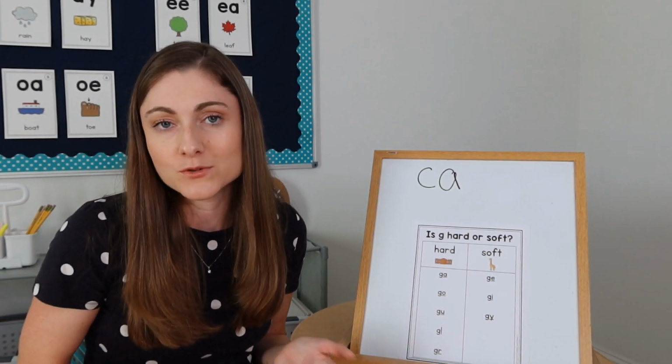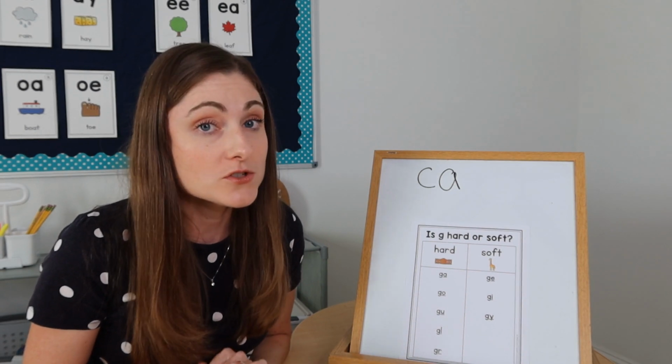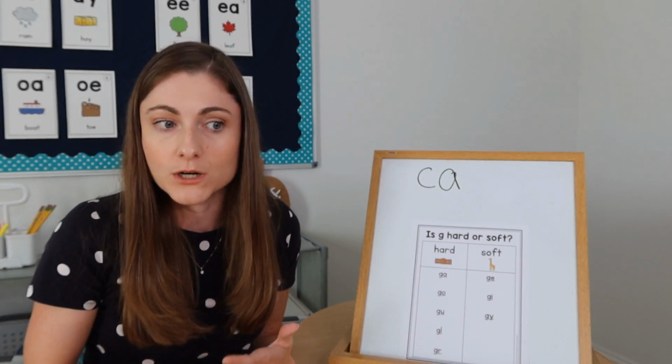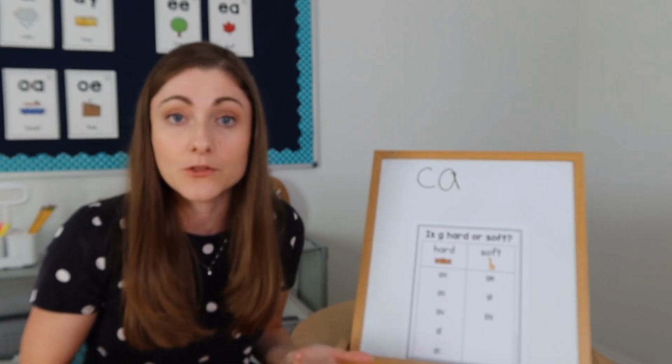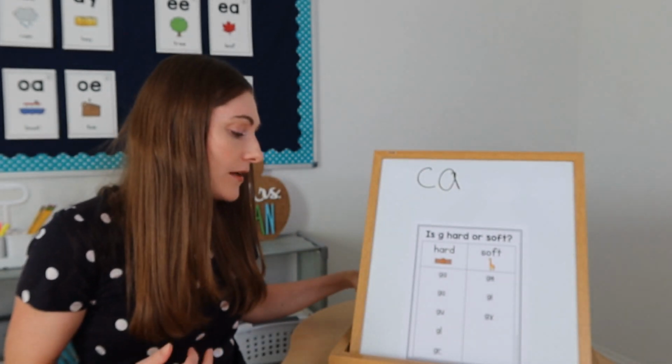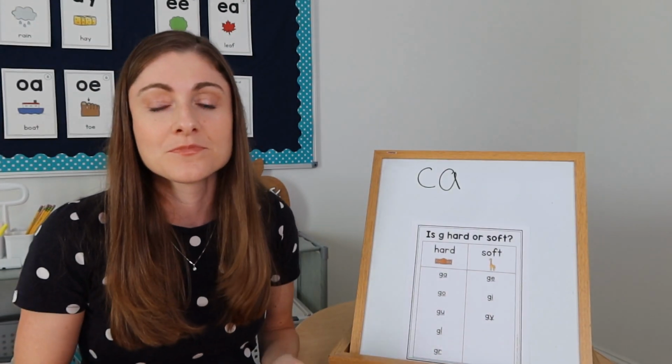So this is a helpful rule. Again, I think the most important thing is that they just know that there's 2 sounds, and then when they come to a word that has the G or the C, if something's not working right, then they just try the other sound. So that flexibility, I think, is really important.